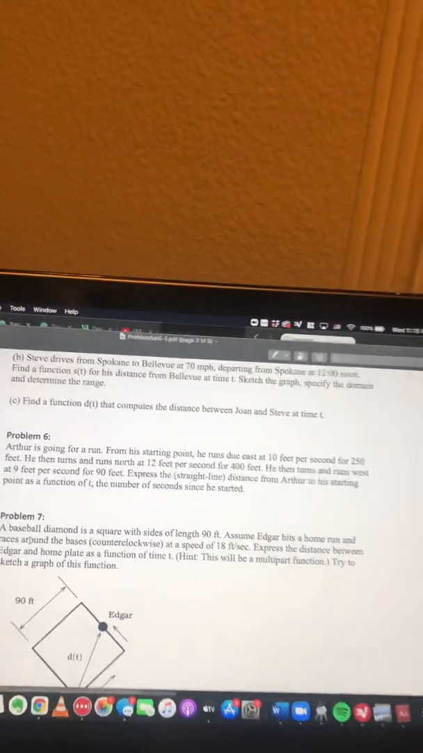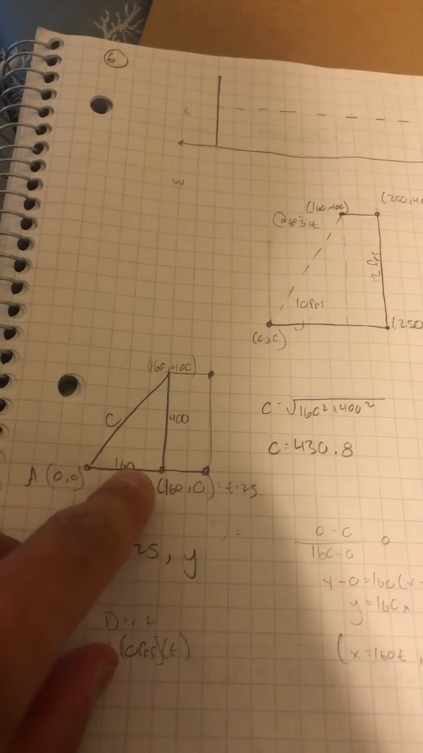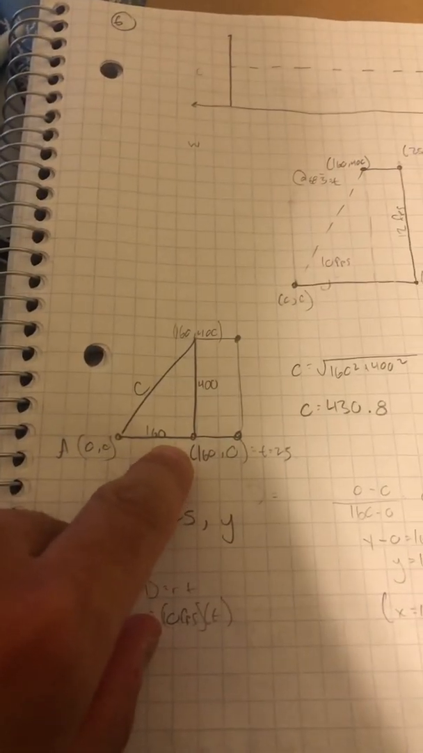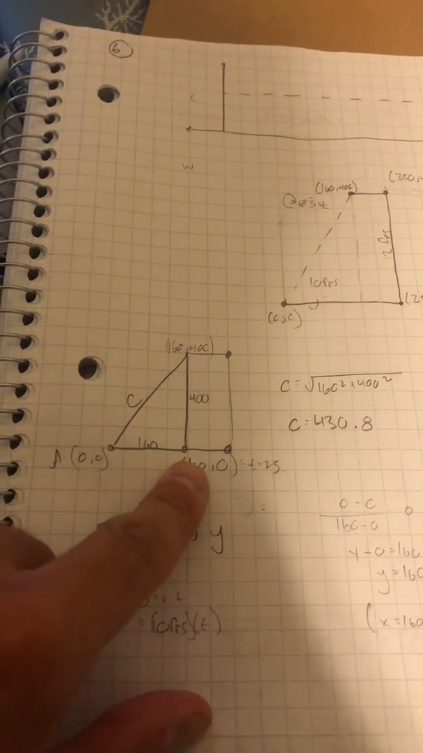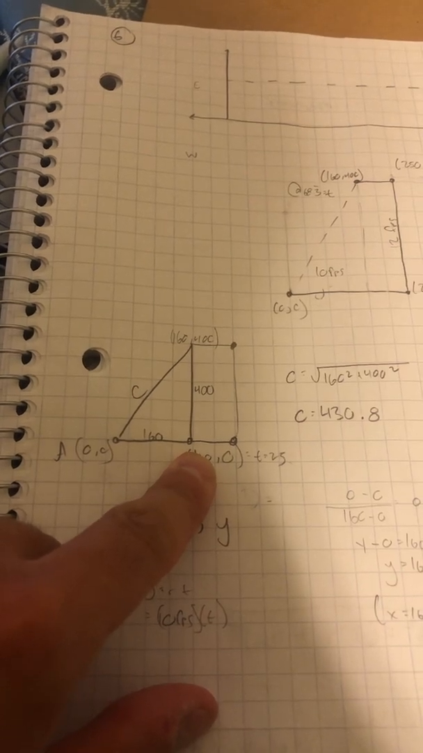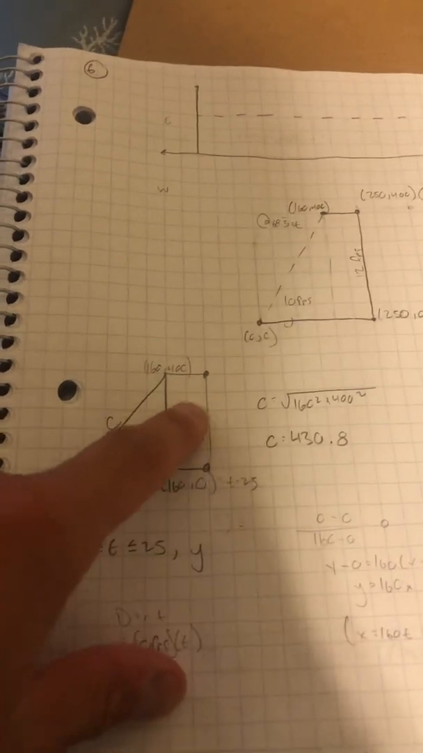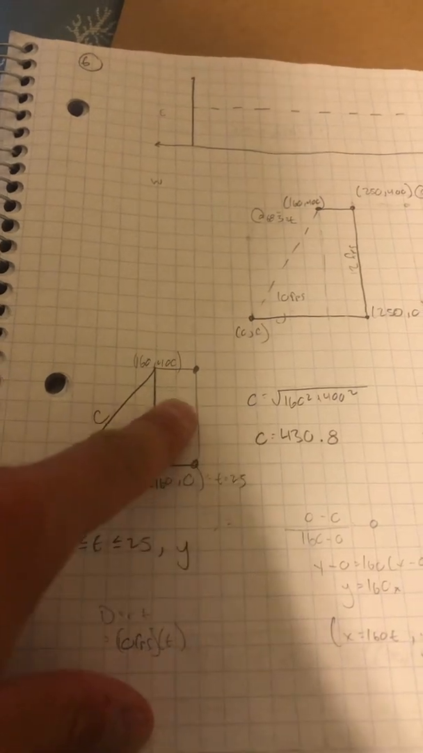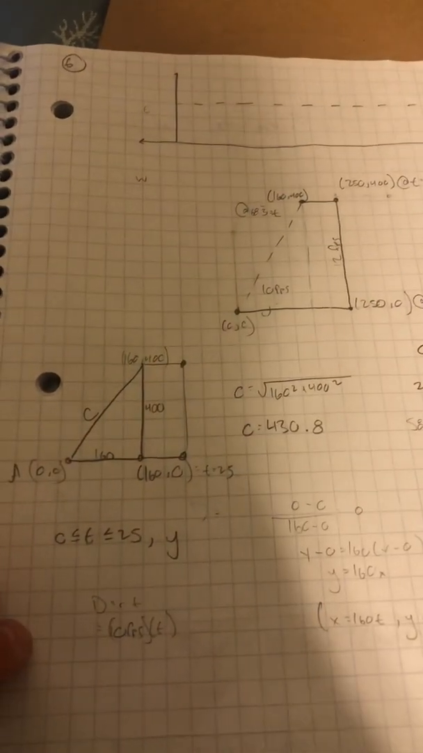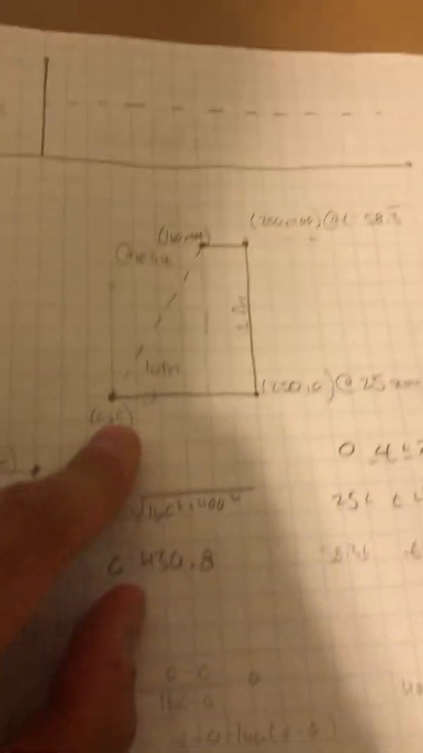since he started. So what this question is basically asking is, at any point t within our domain, we need to figure out exactly where Arthur is, and then figure out his straight line distance from his starting point to where he's at at t. So for me the easiest way to do this was to do another drawing where he starts at 0,